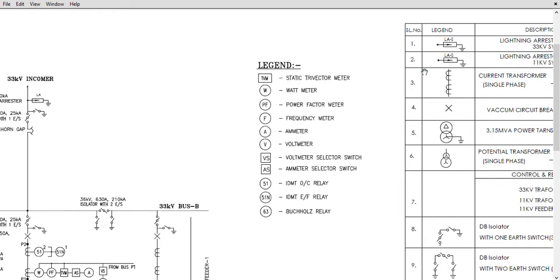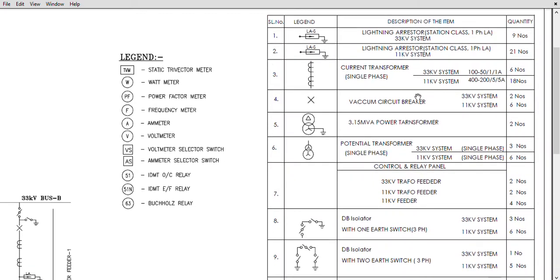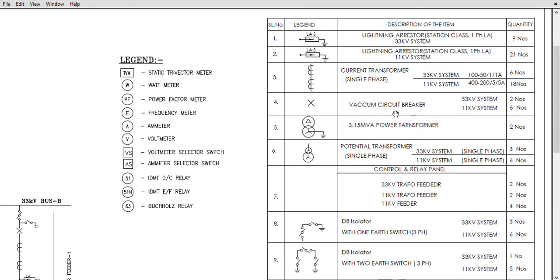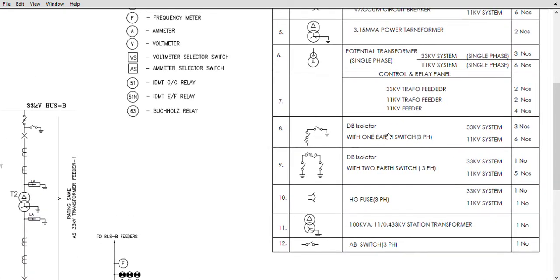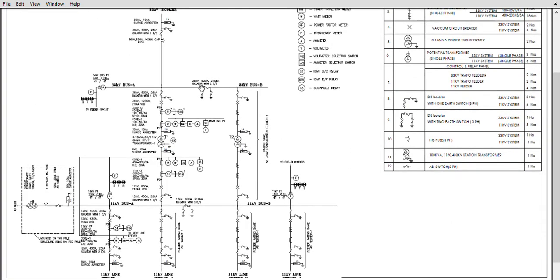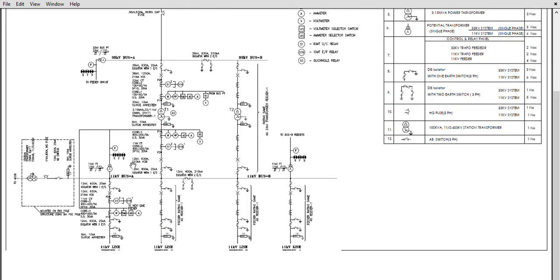Let's now go to the quantity of major equipment. See, any drawing which we prepare as part of substation design drawings will have an objective. What is the objective of the single line diagram? Just once we prepare and get this single line diagram approved by the customer, we will be finalizing the major equipment quantity, the major equipment ratings and the scheme of the substation. Like here, what is the busbar scheme of the substation? On the 33 kV side, our busbar scheme is a single busbar with sectionalizer. Similarly, on the 11 kV side, single busbar with sectionalizer.